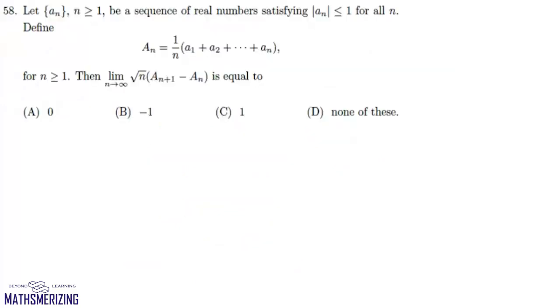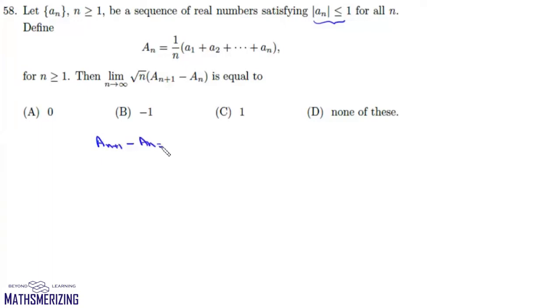Now here the question is, let an be a sequence of real numbers satisfying mod of an is less than or equal to 1 for all n. It has defined capital An as 1 upon n times (a1 plus a2 plus ... plus an). Then we need to find the limit as n tends to infinity of square root of n into (A(n+1) minus An), is equal to what? Now we find A(n+1)